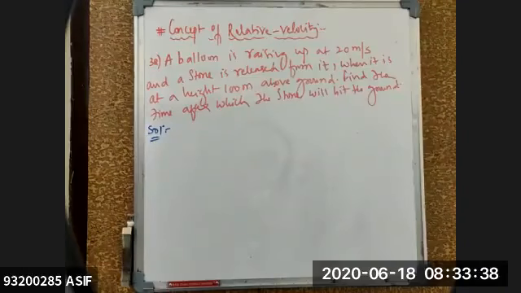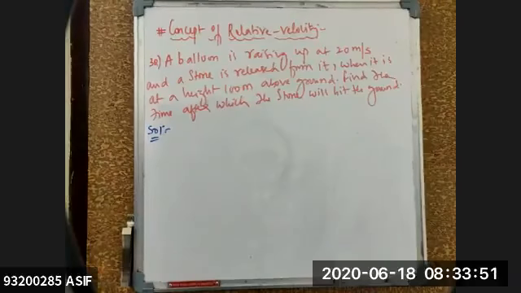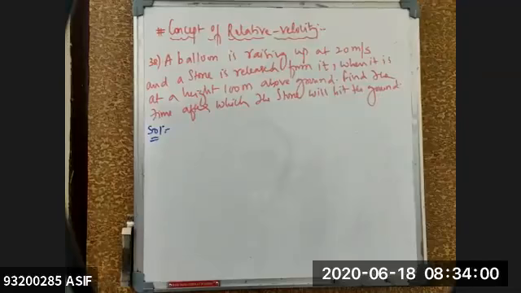Sir will display one question, and on that question you need to take some time, like 2 minutes, do that question in a faster way and go for the next question. The moment the 2 minutes are completed, sir will display the solution of that question. Or else you take all 10 questions at a time, take 10 or 20 minutes, try to do them, then go for the solutions. But I personally request that you take one question, take 2 minutes, and see the solution if you don't get it.